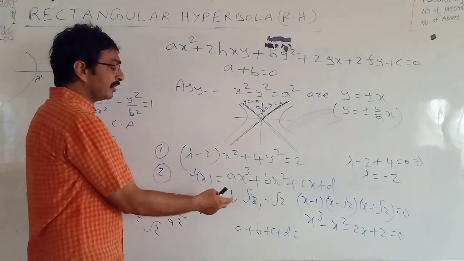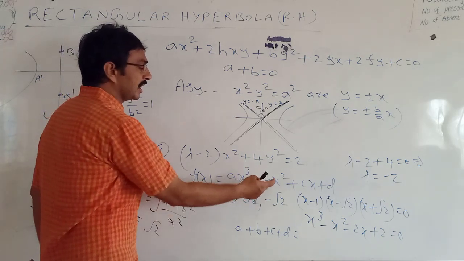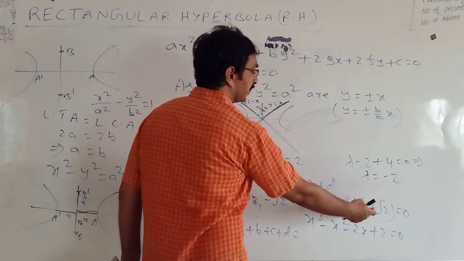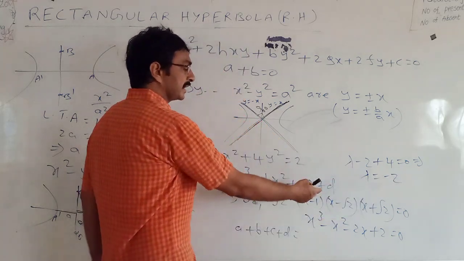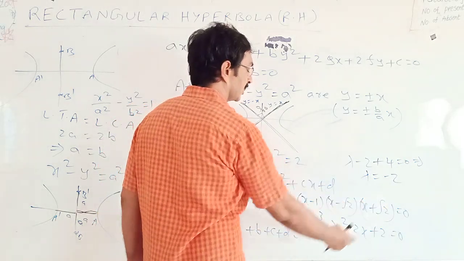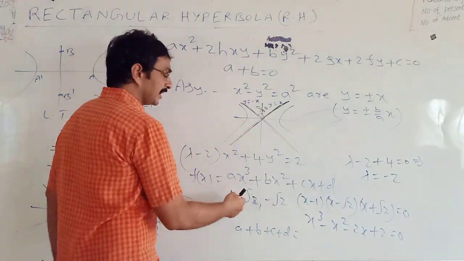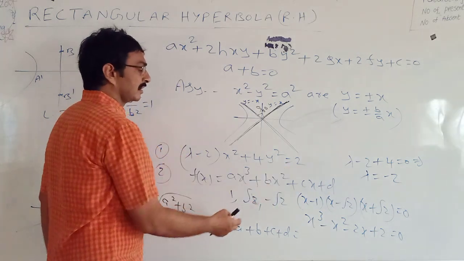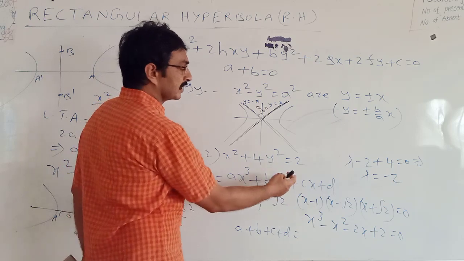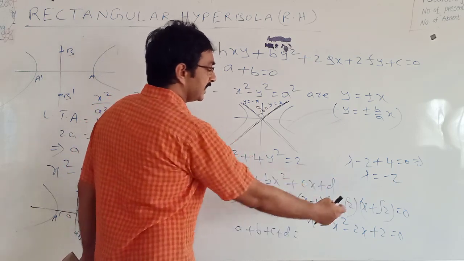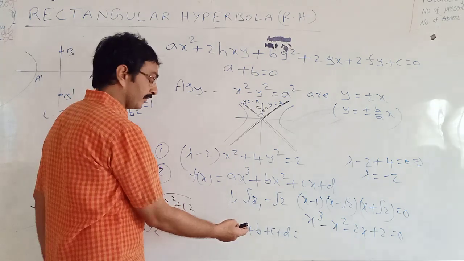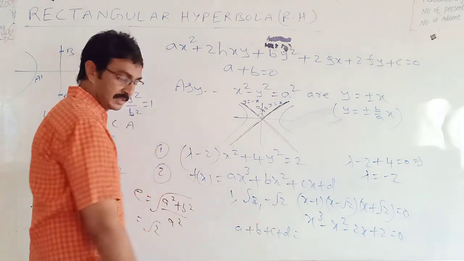So the equation having roots alpha, beta, gamma has the formula x minus alpha into x minus beta into x minus gamma equal to 0. By simplifying, we get x cube minus x squared minus 2x plus 2 equal to 0. But given that these are the roots of this equation, by comparing, the value of a is 1, b is minus 1, c is minus 2, d is plus 2. From them, we can find the value of a plus b plus c plus d.